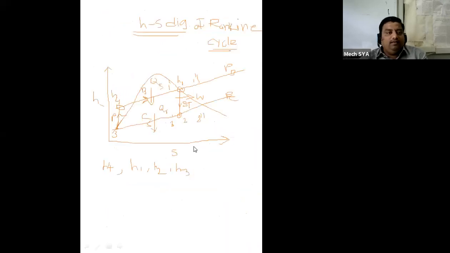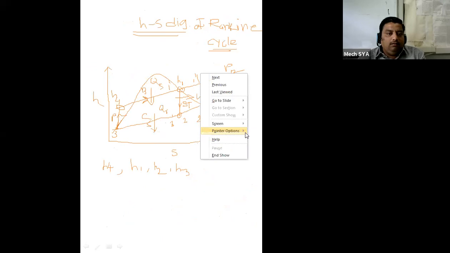Then the HS diagram, enthalpy versus entropy diagram, also we have discussed. So if you want to draw the HS diagram, then the constant pressure lines will be like this. So inclined nature is there. This kind of nature is there for constant pressure lines. And if we consider first of all the dry and saturated case, then this will be point 1. This is point 1, and this will be point 2. So this will be H1, this will be H2.